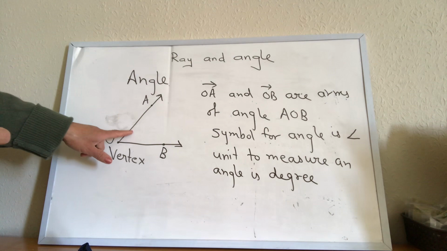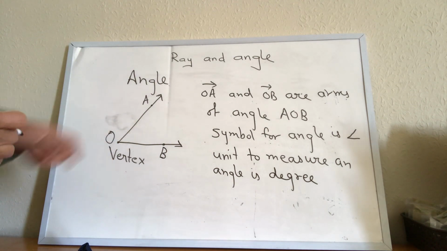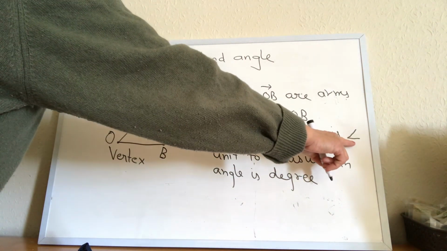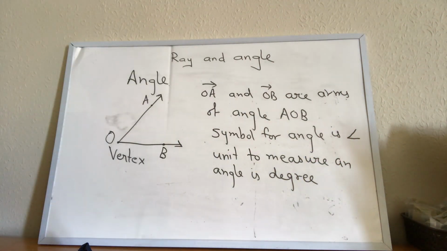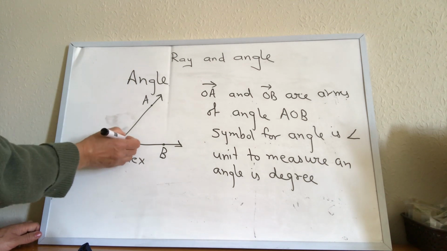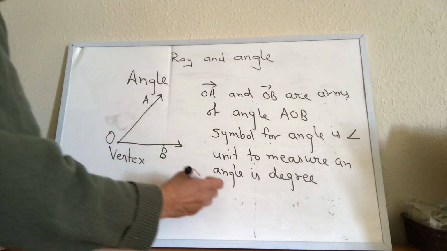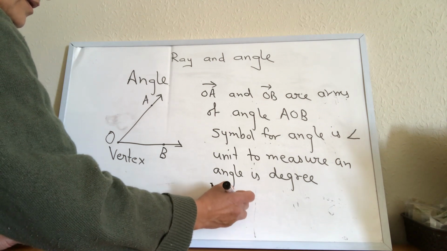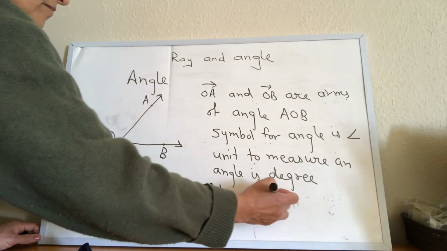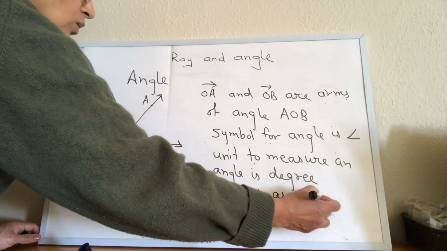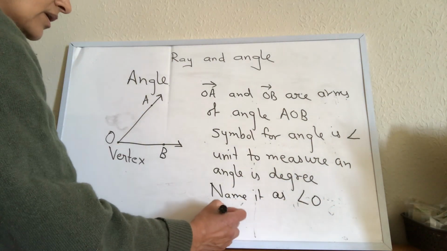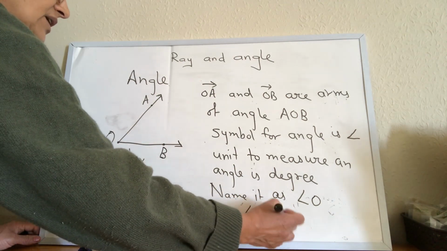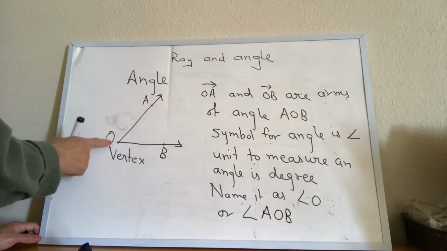So when we talk about 20 degree, 30 degree, that is the measure of an angle, and the symbol for angle we use is this. And since only one angle is being formed here, I can also name it as angle O, or the vertex is always written in the middle, and we use these three letters A, O, B